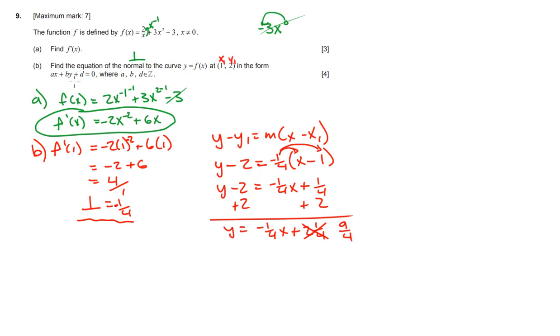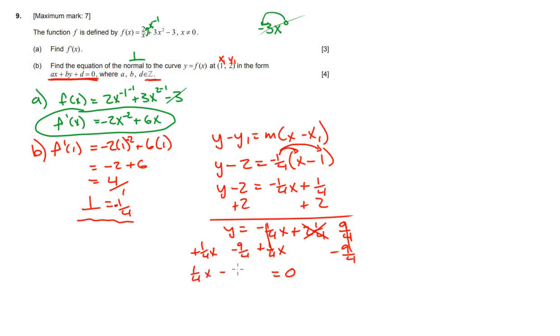Okay, now it says here that we got to put it in this form right here. So we got to make it equal 0. We got to move everything to the left side, and we got to have all integers. So we're going to add 1/4 x, and then that's plus 9/4, so we're going to subtract 9/4. So plus 1/4 x, and then minus 9/4. So everything's gone over here on this side, so we just get 0 equals, and we have 1/4 x